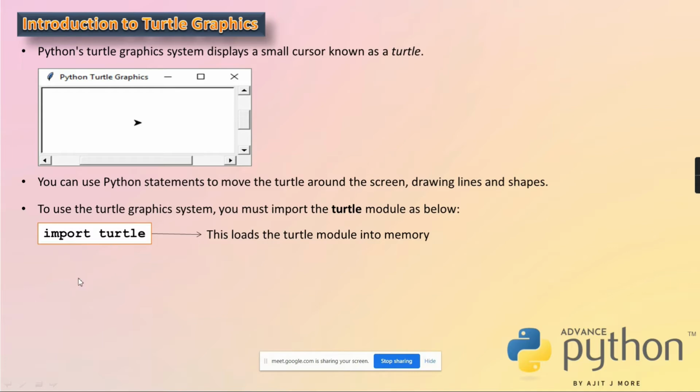Now once this is done, then step by step. First, how to create this window, that I'll tell you. Then how to create this turtle, that I'll tell you. And then I'll tell you how to give commands to the turtle to go ahead, to go back, or change its face direction by some angle to the right side or left side. Imagine that you are standing facing east. So your right hand is this side and left hand is that side.